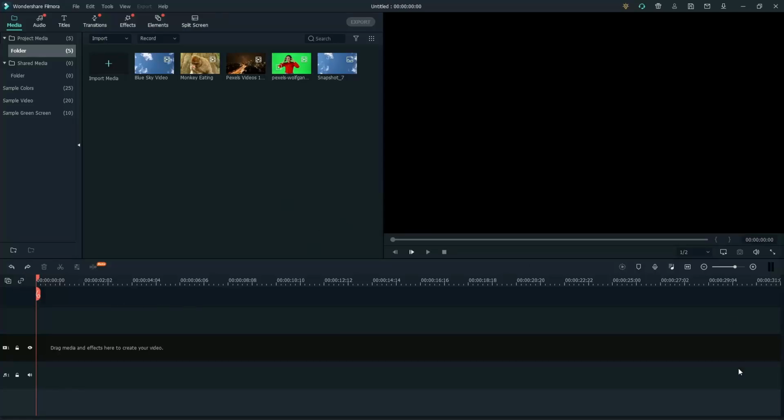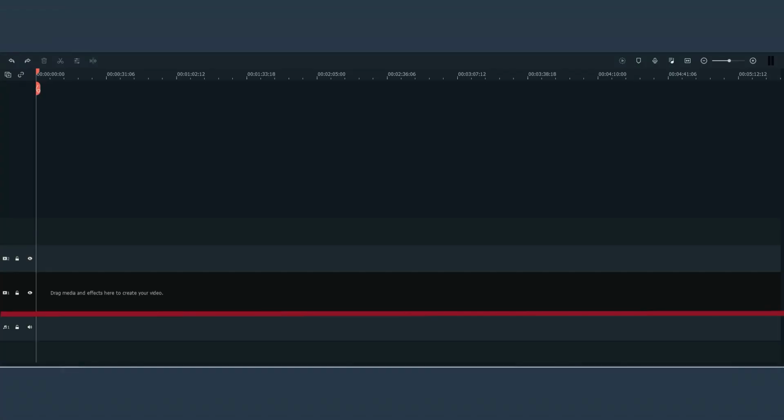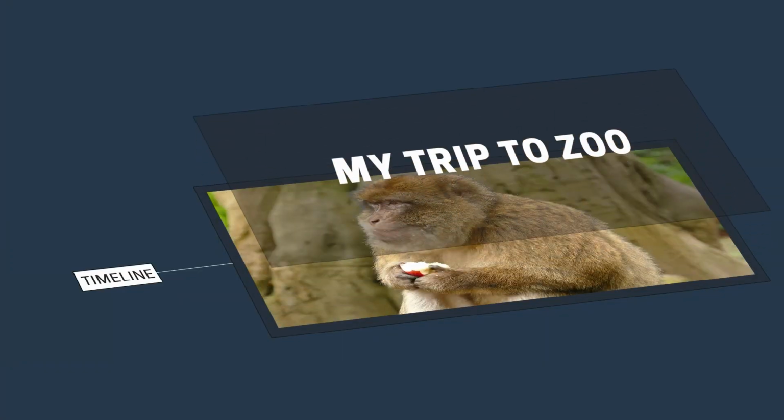This is the timeline window, and these are tracks. The one with the play icon is a video track, and the one with the musical note icon is the audio track. If you add a new video track, it will be added above the existing video track. If you add a new audio track, it will be added below the existing audio track. Tracks work like layers. Video track 1 will be your bottom layer. Anything you add in video track 2 will be on top of it.